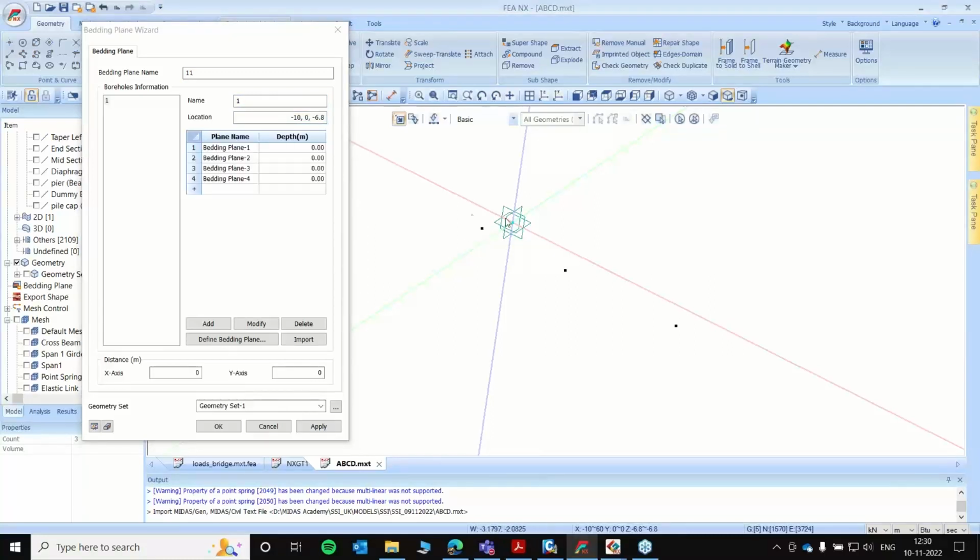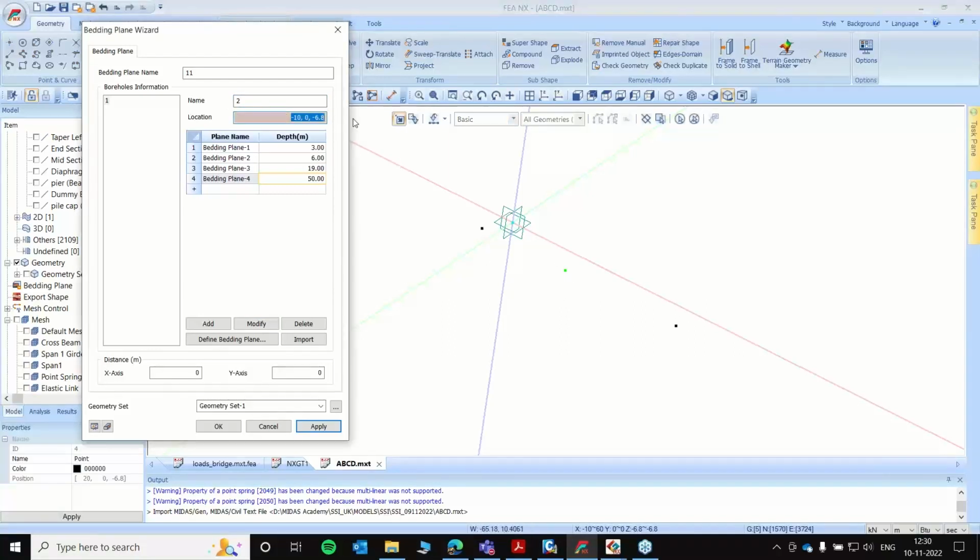this particular borehole. Okay, so let's say the depth of my first layer is 3 meters, second is 6 meters, third is 19 meters, okay, and fourth is let's say 50 meters. Now we'll create our second borehole, that is in here.